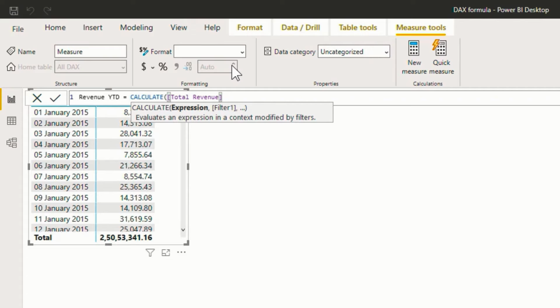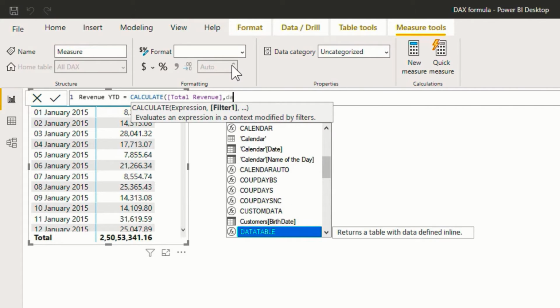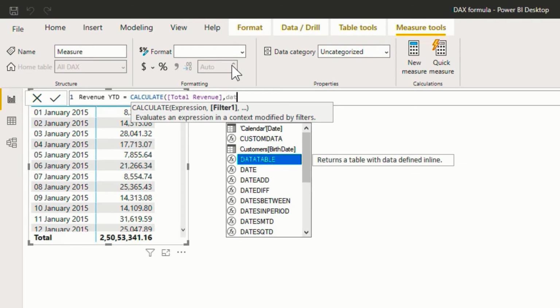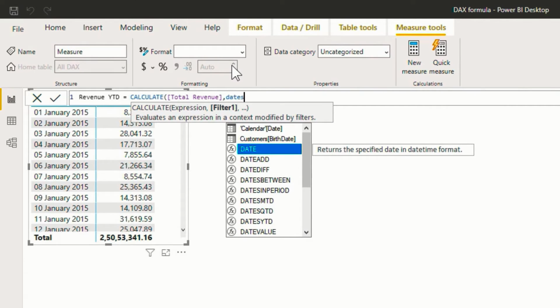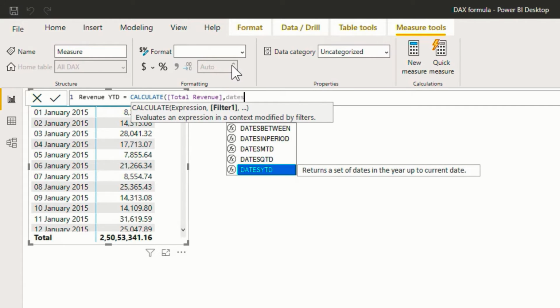So I will select that, comma. Now the next argument is filter. So now we have to perform this calculation based on the YTD function. So I will type in DATESYTD. So here we have DATESYTD.